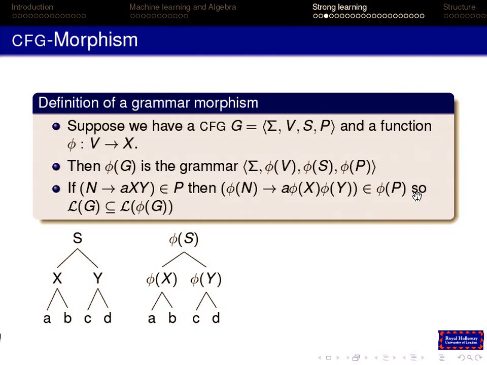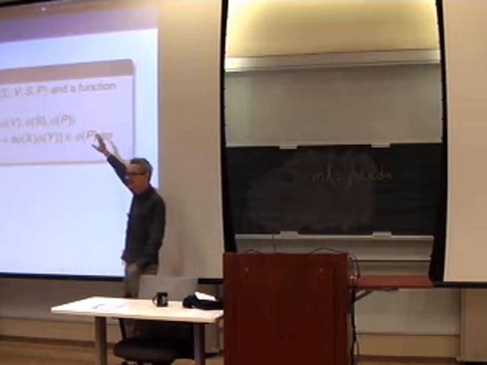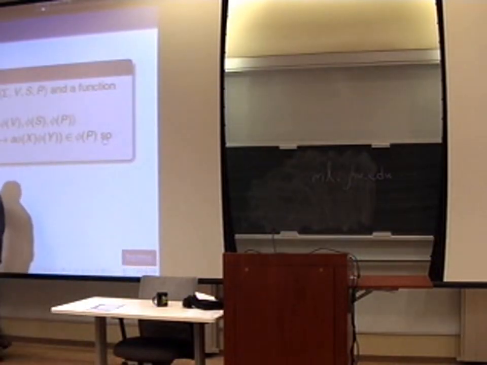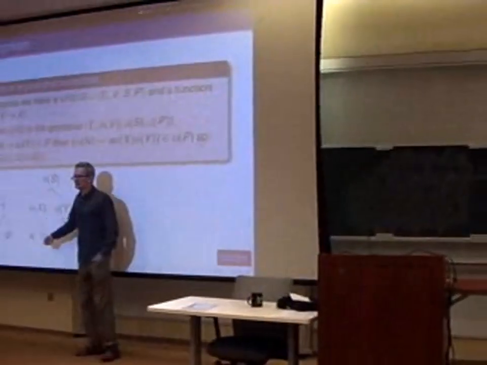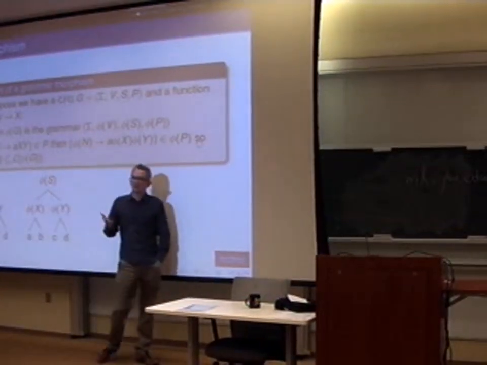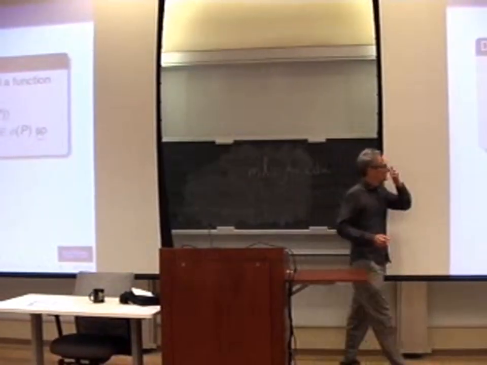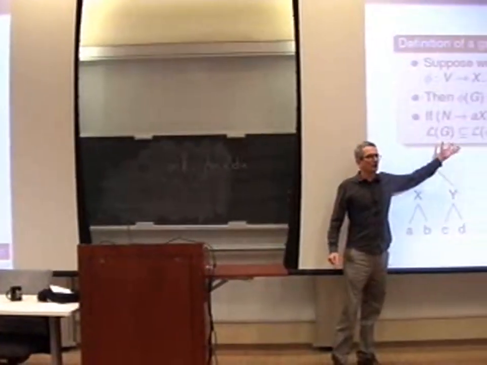One way of making it smaller is to merge non-terminals. One way you can do this is through a grammar morphism, right? We have a transformation of a grammar where we just map the non-terminals V into some other set X, and we convert the productions in the absolutely standard way. This is a strong thing in the sense that if we have a derivation tree with respect to the original grammar, we'll map it to a derivation tree with respect to our transformed grammar. So pretty obviously the language defined by this transformed grammar is going to include the original language.